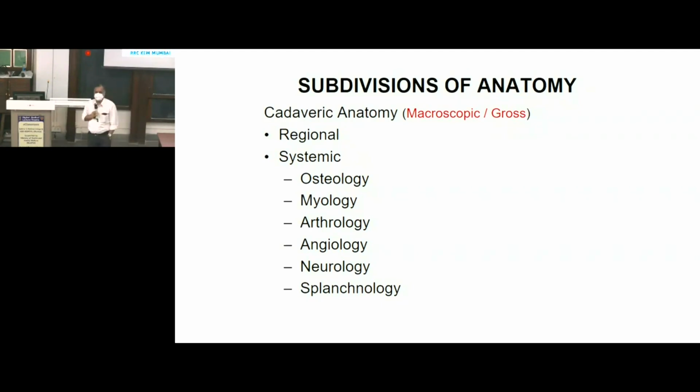The Latin term is viscera. Familiar with the term viscera? So, viscera is same as organs. Splanchnos is same as organ. So, study of organs is splanchnology. These are a few systems that are there. But what we follow, because we study it on cadavers, it is easier for us to learn regional anatomy rather than systemic anatomy. Whereas in physiology and biochemistry, you learn by systems, like nervous system, musculoskeletal system, like that.